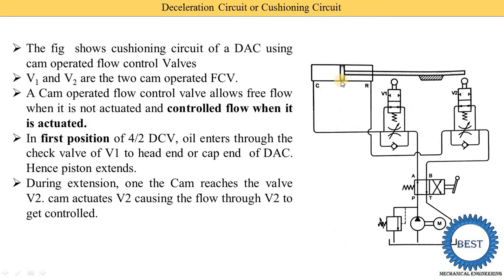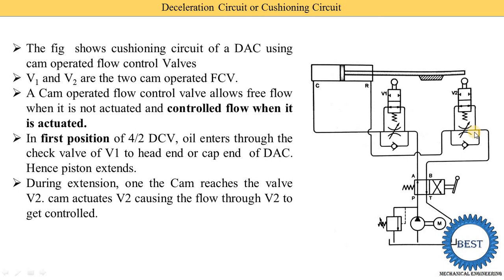Now we know that when this piston starts to extend, at that time some oil present on the right side of the piston starts to be supplied from the rod port, and then it enters these lines and comes here. From this line it has two options, either through the check valve or to the flow control valve. But cushioning is required only at the end of the extension and the end of the retraction stroke to avoid the jerk.